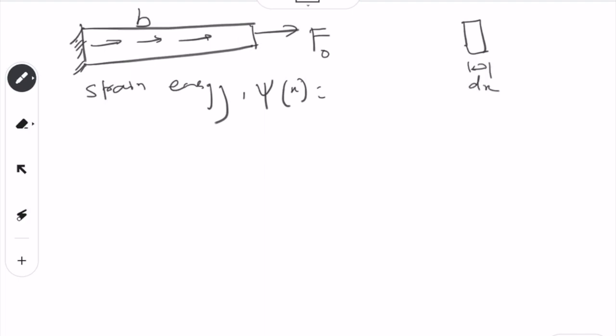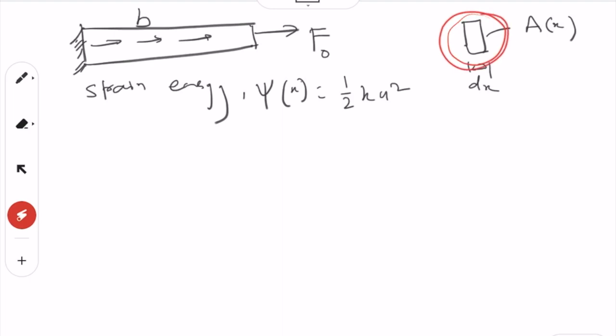Then we have area A(x). Now you can write that equal to half k u square, and at this point what is K? At this point K will be equal to E